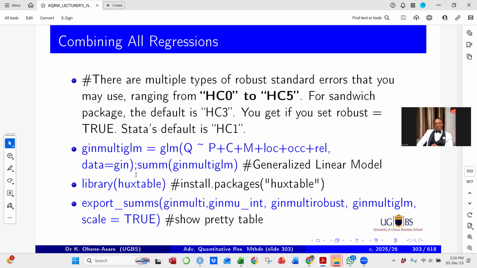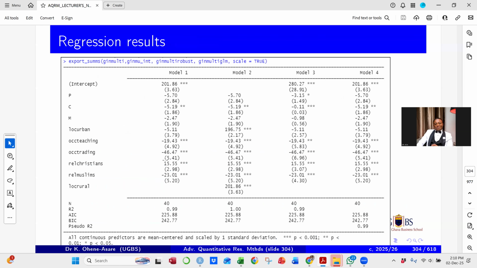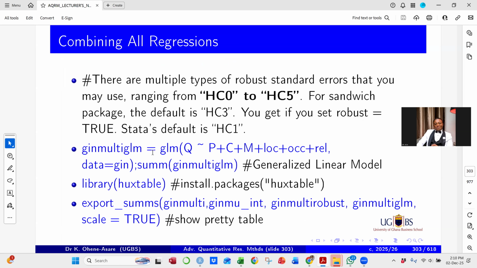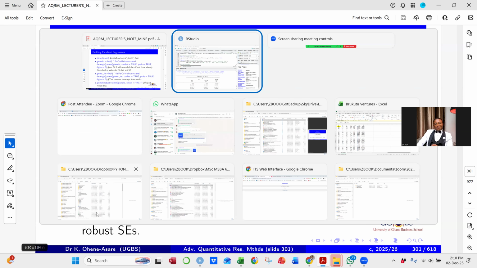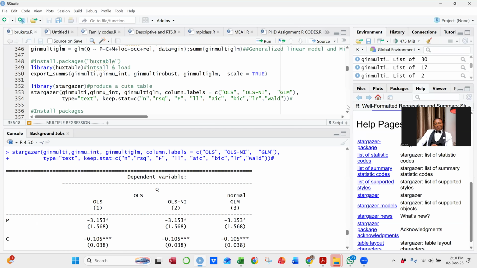Okay, so these are the results for all of them. There are 3 models. Now I've added another model. If you look at the one I have here, you can add as many models as possible. For example, here I add the multiple regression, the one without the intercept, without the constant. We have the robust and then the GLM. So I added robust here. But to add the robust, you need to go and run robust first. Okay. So this is a robust. So if you want, we have only 3 models here. But if you want more,